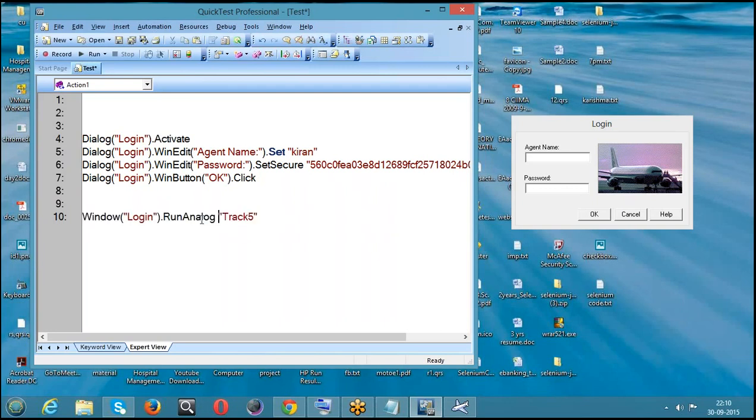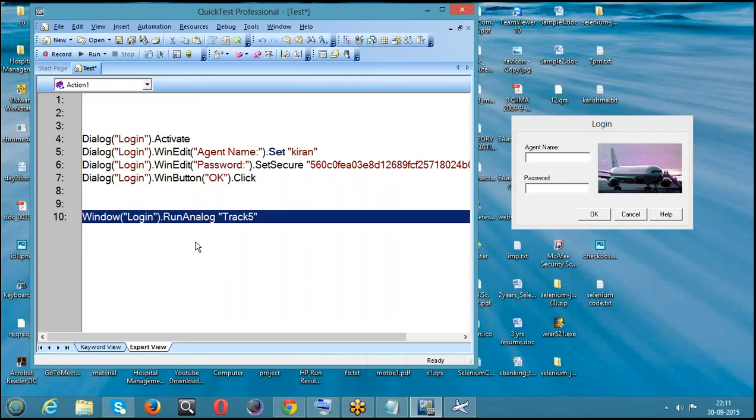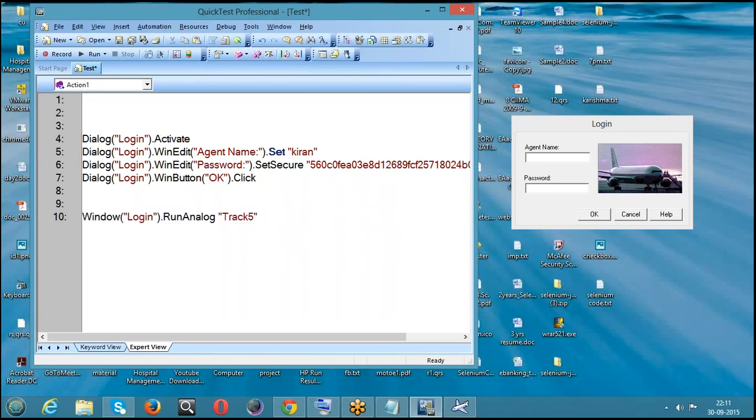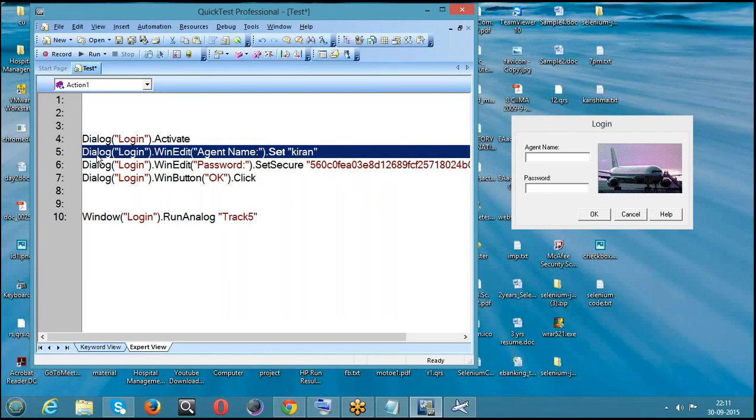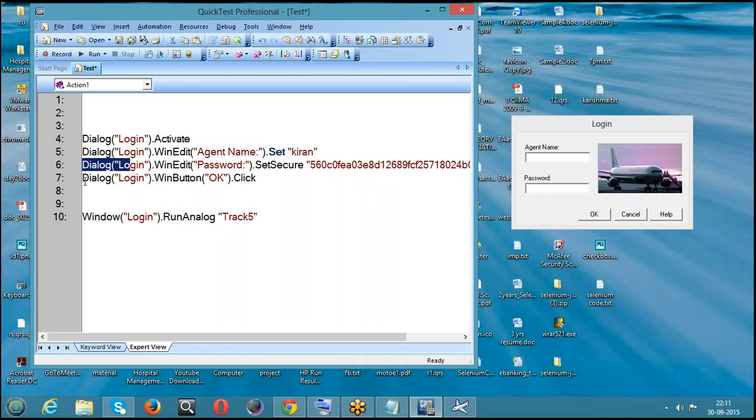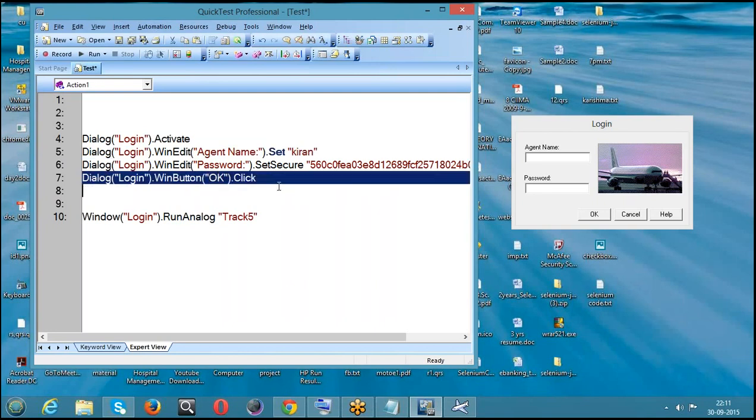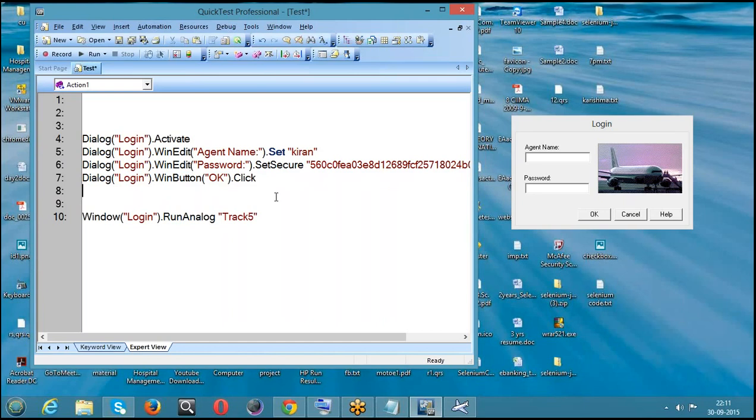In analog, I don't know what the script is behind this. What are the actions behind this? What are the operations behind this script? So there is no question of editing here. Here, line by line execution will be done. So debugging is very easy, error finding is very easy, and moreover, script editing is also easy. That is what we want.